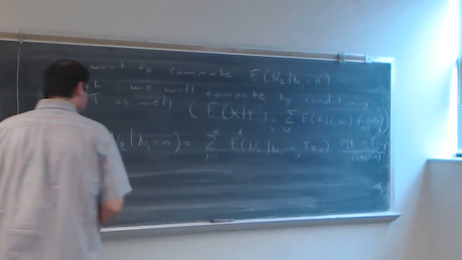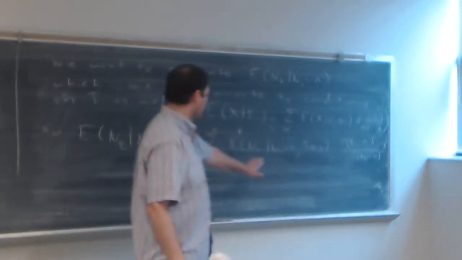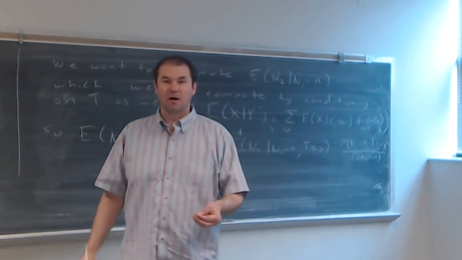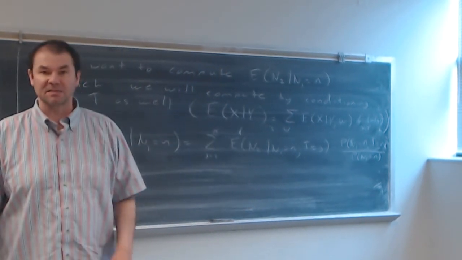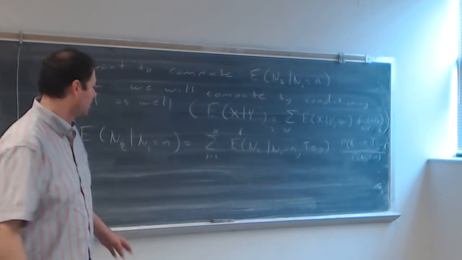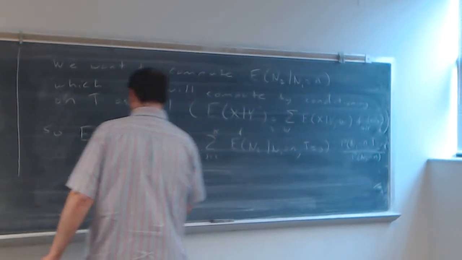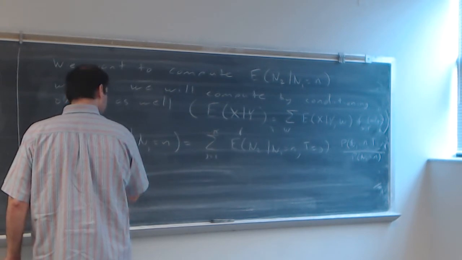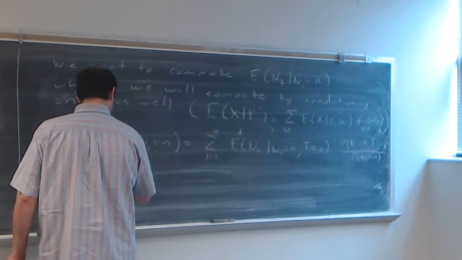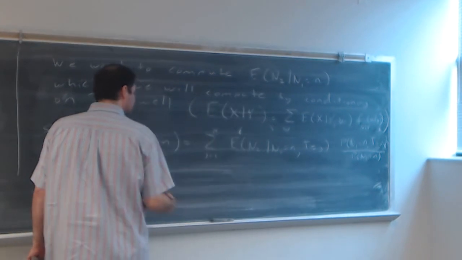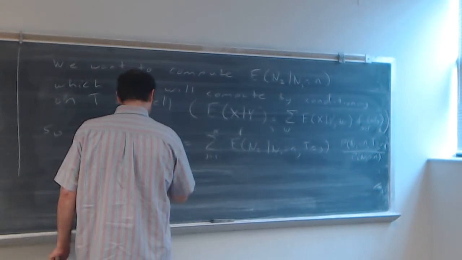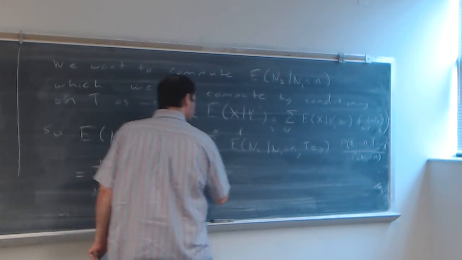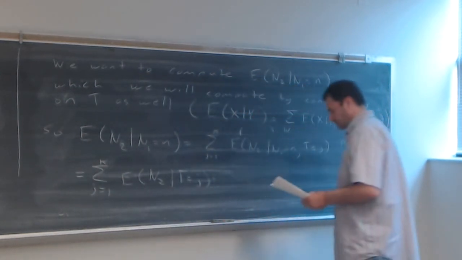Okay. Now, the first thing I want you to recall about the problem is that N sub 1 and N sub 2, because they said that there is independence between the number of accidents in successive years, those two random variables are independent. And what that leads us to is to be able to rewrite this as the sum as j runs from 1 to k of the expected value. In essence, what N sub 1 is doesn't matter. So it's N sub 2 given T equal to j times,